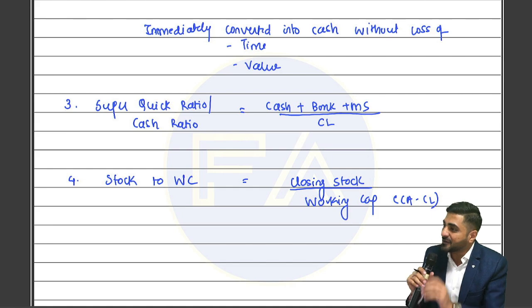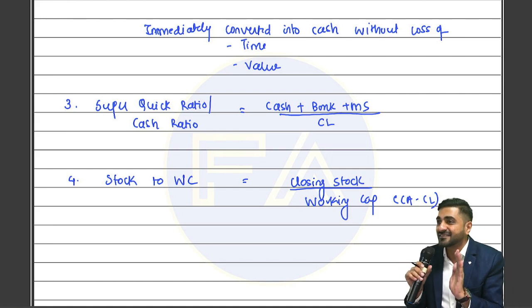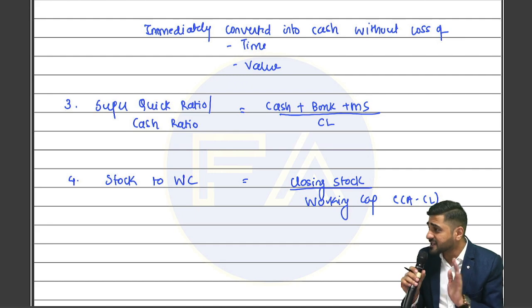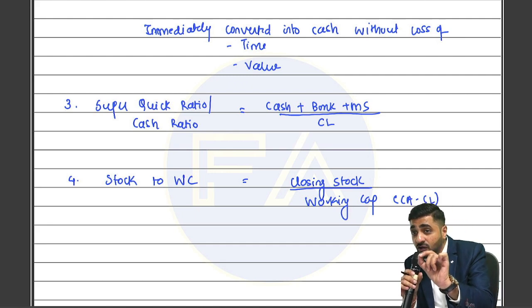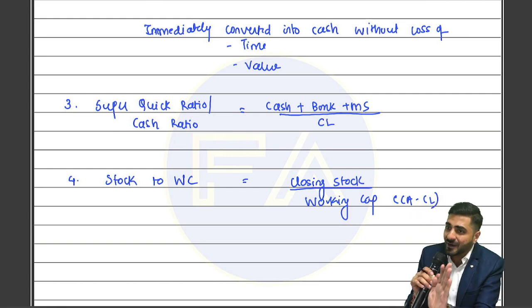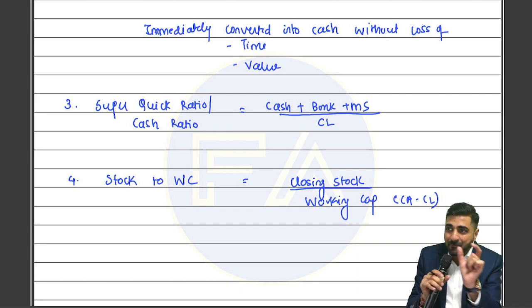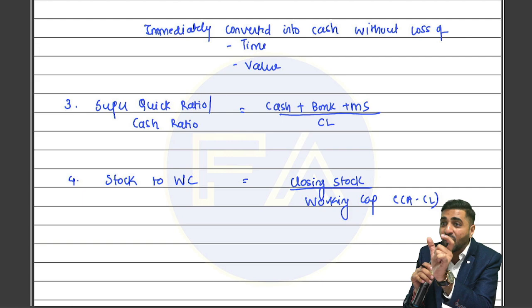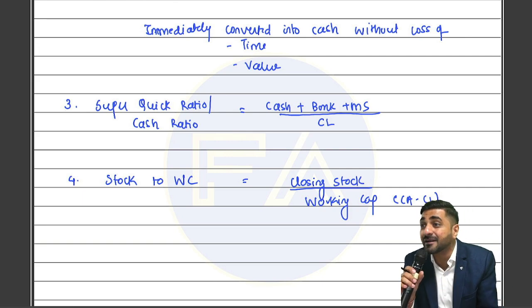Now let's say, for example, with this 3 lakhs, I purchased the entire stock. Is it possible that I can purchase the entire stock? So I have purchased the entire stock. Now is stock also part of current assets? Yes. So stock is also part of working capital. But if I check, my working capital is 3 lakhs and that entire working capital of 3 lakhs is in the form of what? Stock. So is there any liquidity or no liquidity?